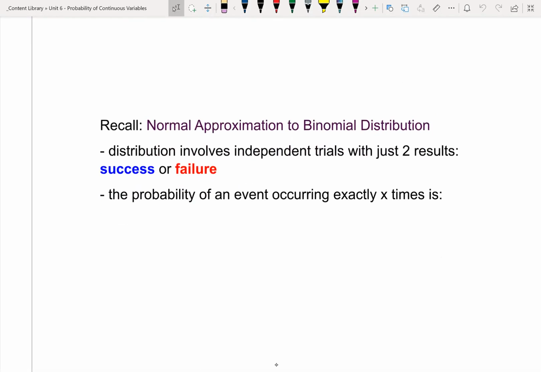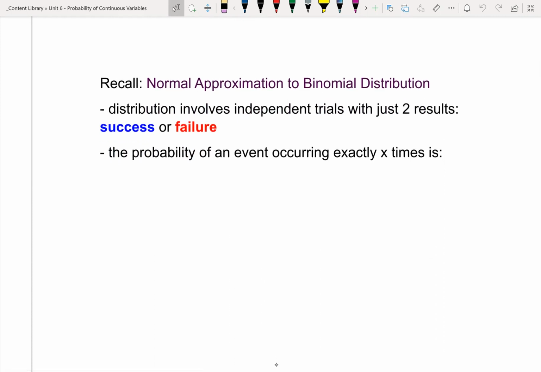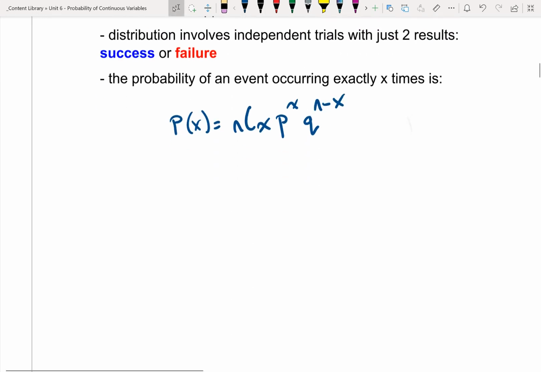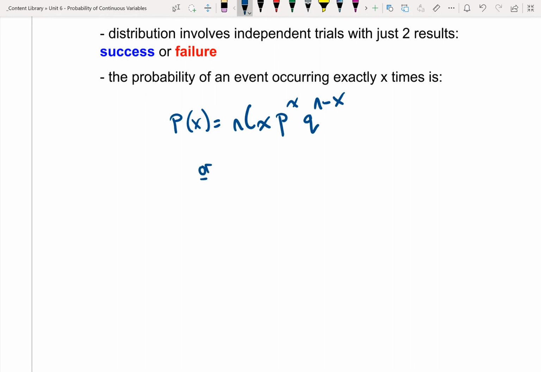If we can recall, going back to the binomial distribution, it involves independent trials with just two results, either a success or failure. And the probability of an event occurring exactly x number of times is equal to n choose x times p to the power of x times q to the power of n minus x. And we've also seen this written as